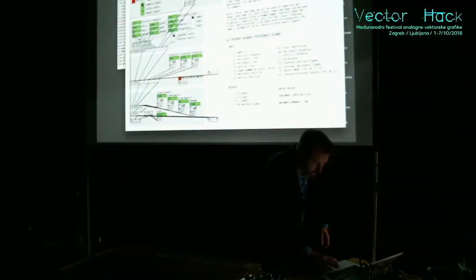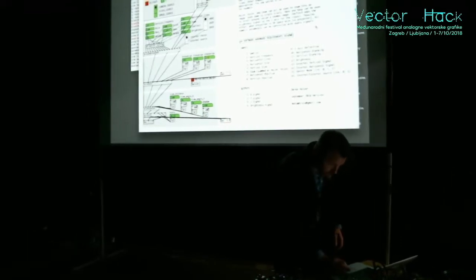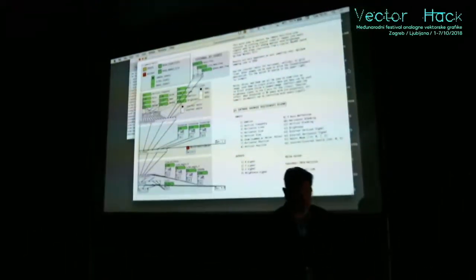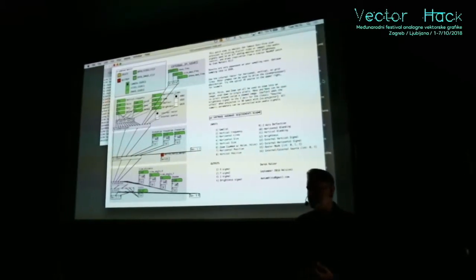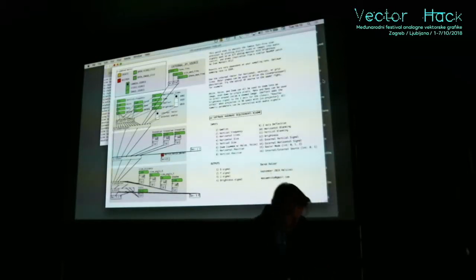So again, this is the patch again, and there's lots of hardware and software requirements to get it looking really good on this, but almost all the other patches don't use this brightness, so they can run on any sort of oscilloscope, which is also quite nice. I'm going to kill this,